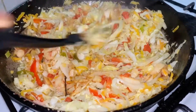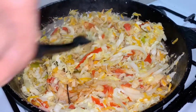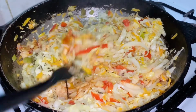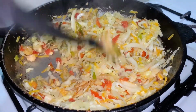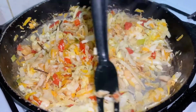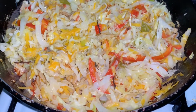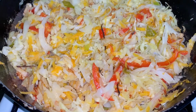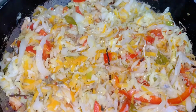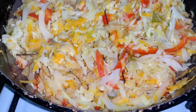Right, so you want to ensure that the saltfish and the cabbage are well blended. You don't want some saltfish over there and the cabbage over there. You're going to blend everything to combine the cabbage and the saltfish. After combining, you can just leave it there for about a minute and let it steam,